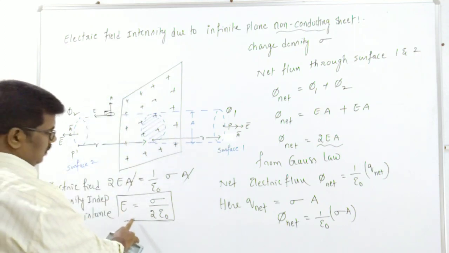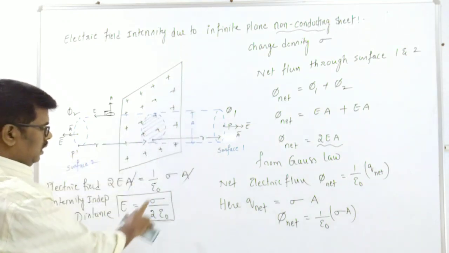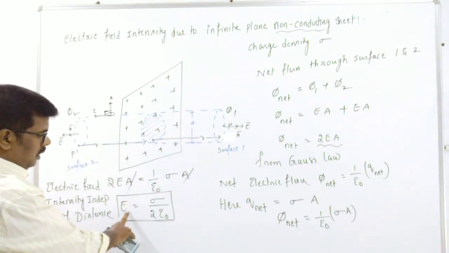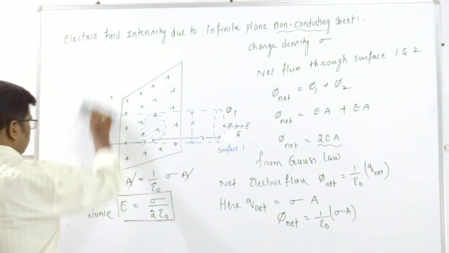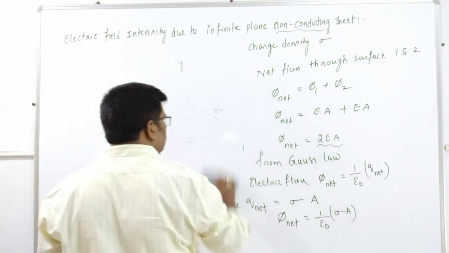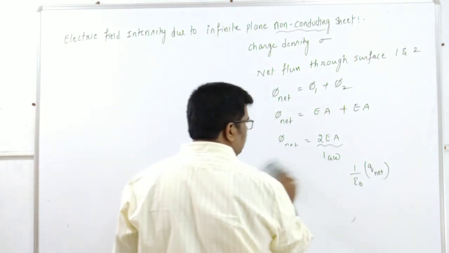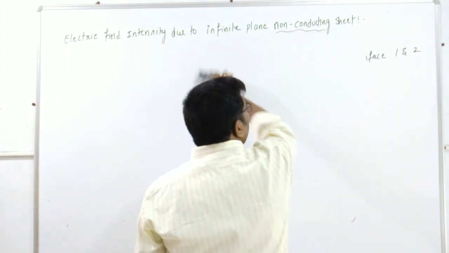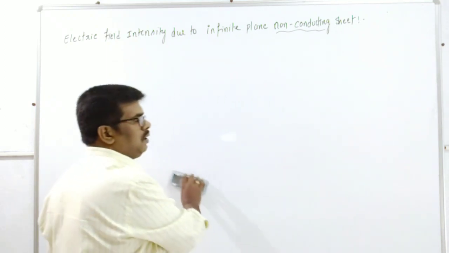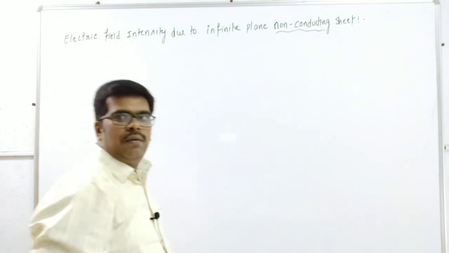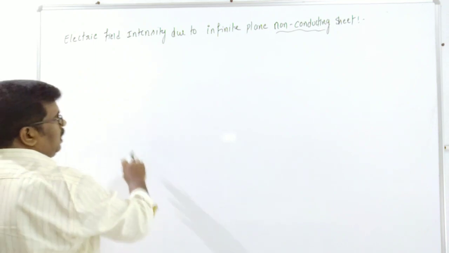If I remember this expression, electric field intensity due to a charged non-conducting sheet is independent of distance, that is E equal to sigma by 2 epsilon naught. Now we are going to take the case of two plane sheets, also non-conducting. If two plane sheets have different charge densities, sigma 1 and sigma 2, and are arranged parallel to each other, what is the electric field intensity between them as well as outside of it? Now I am taking that.